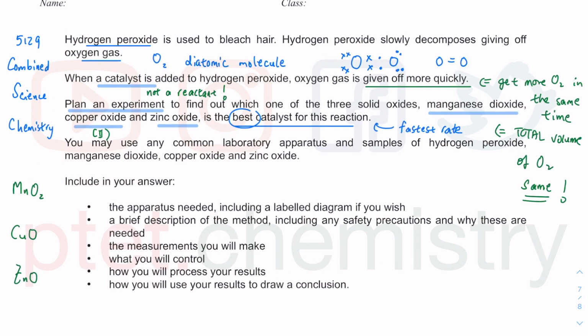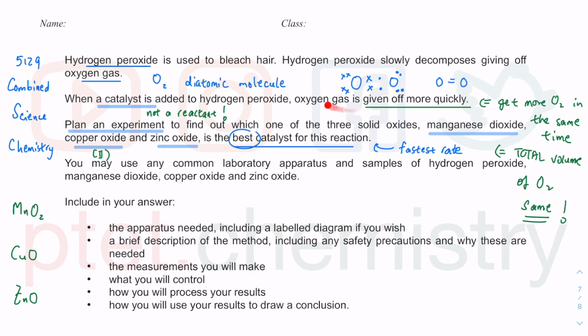So yeah, actually you are allowed to use either method because your job is simply to find out which one will give you the fastest rate of reaction. The first thing that comes to mind is to collect the gas, the second method, using a gas syringe. But the other method you could use is, in your conical flask containing the hydrogen peroxide and the catalyst,